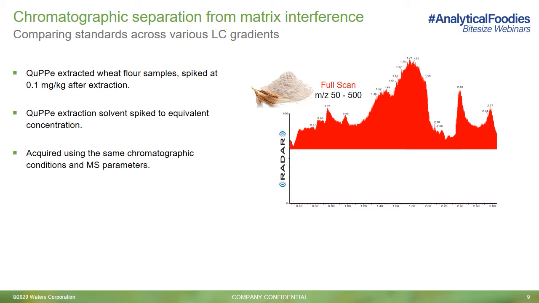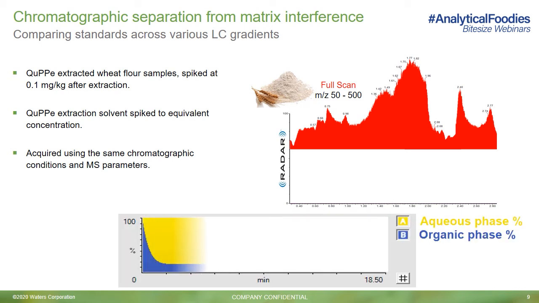As we've discussed in another episode of this bite-sized webinar series, there are many factors that influence chromatographic performance, such as the column stationary phase, the particle size, and mobile phase compositions. These factors can be investigated to help reduce matrix effects, depending on your analytical method. In this example, we're keeping it simple and looking only at the ramp applied to the changing LC gradient.